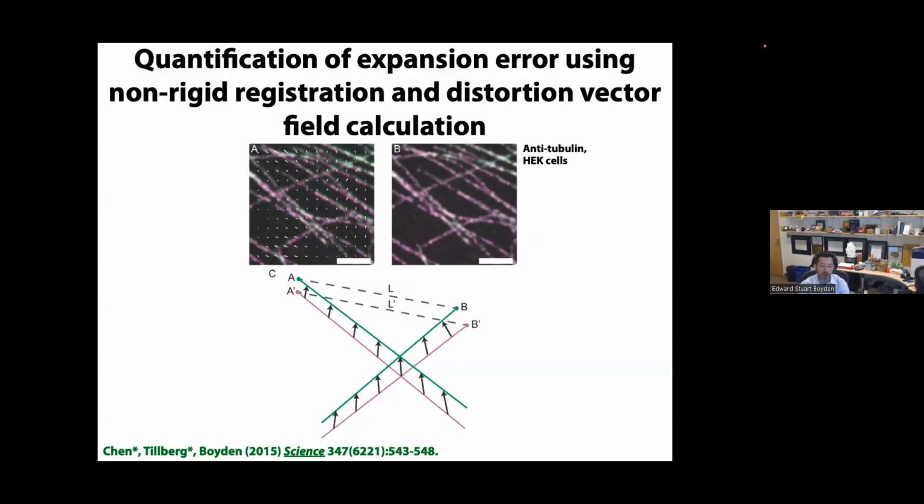So the first question we got in the early days was, is the expansion even, or does it introduce error? So we spent a lot of time taking pre-expansion images with a classical nanoimaging method. There are classical nanoimaging methods like super resolution microscopes, although they do require equipment, sometimes very expensive equipment, and they can be quite slow, especially if you're trying to image a large 3D object. But you can take a pre-expansion image with a classical super resolution method, expand, and then take a post-expansion image